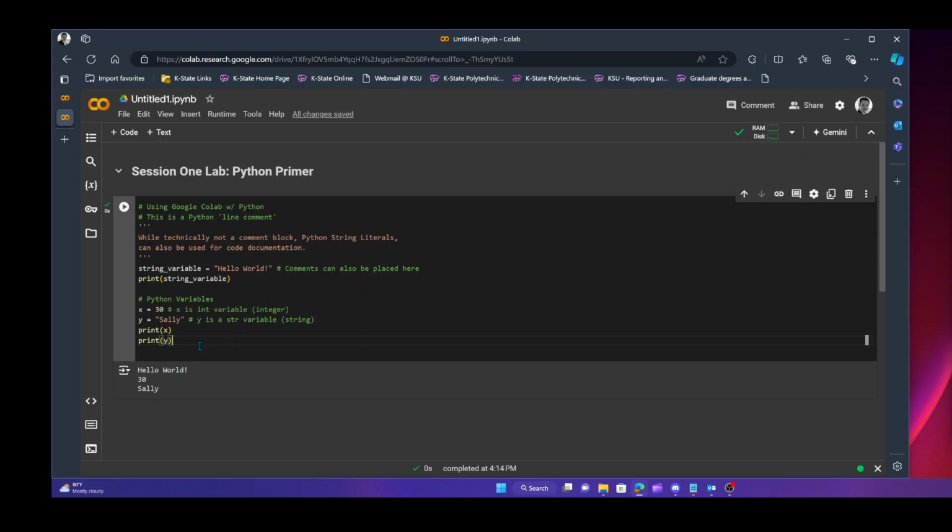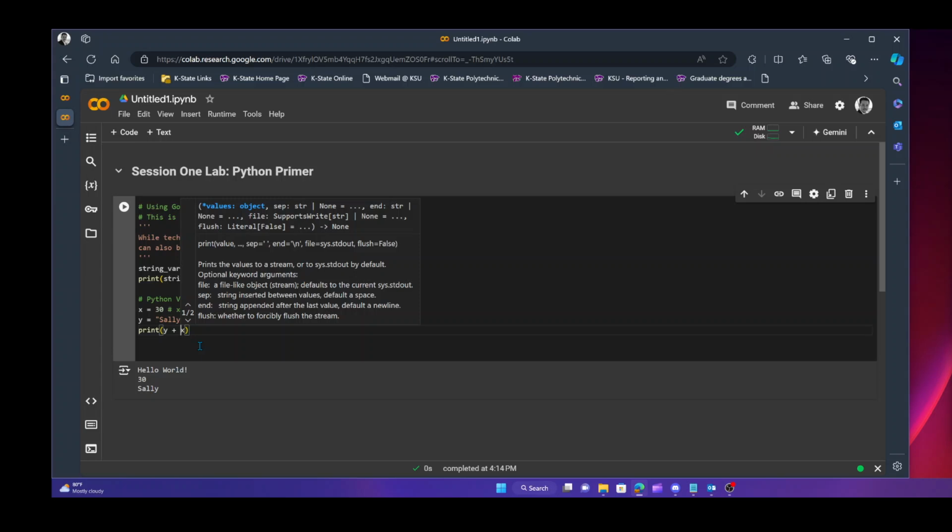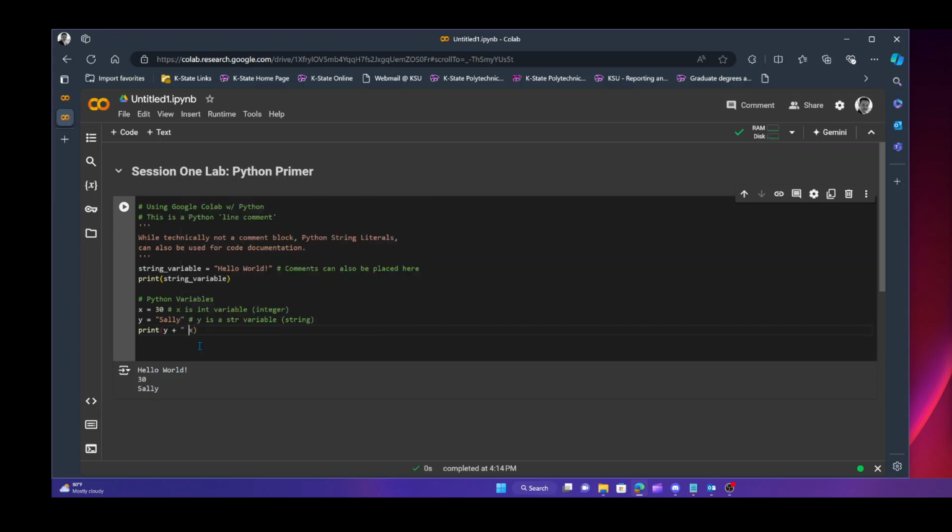But this is a real basic program. I want to add a little bit more to this. So I'm going to concatenate y, and the plus sign is concatenation. Think of the plus sign as a glue. I can use it to add, but I can also use it to glue strings together. So I'm going to say y plus, and then I'm going to say is